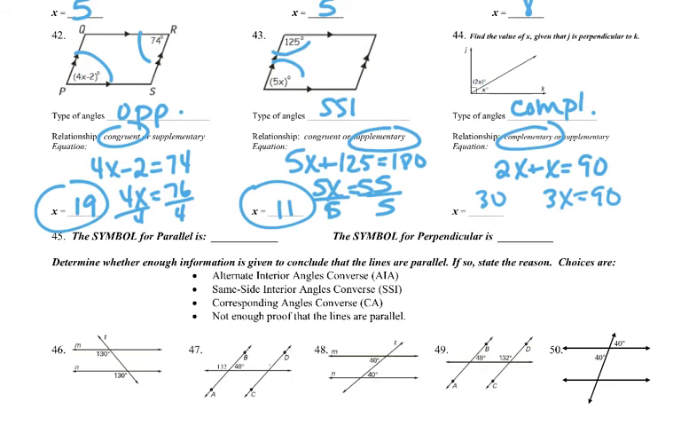Symbol for parallel, symbol for perpendicular. We're looking at the picture and saying which angles are these. These are corresponding. I'm just going to abbreviate. This is not enough proof, so this just makes those lines a straight line. That doesn't make lines parallel. This is alternate interior. These two are same side interior, and vertical angles are not enough proof to show that